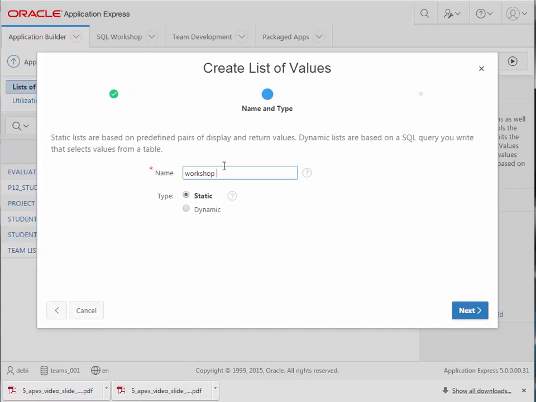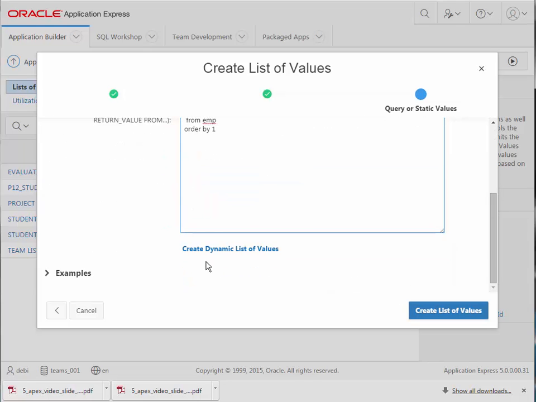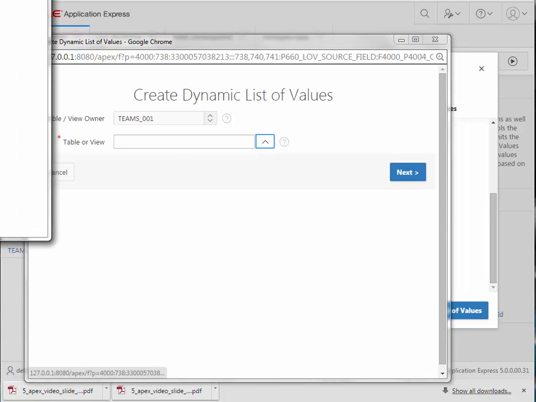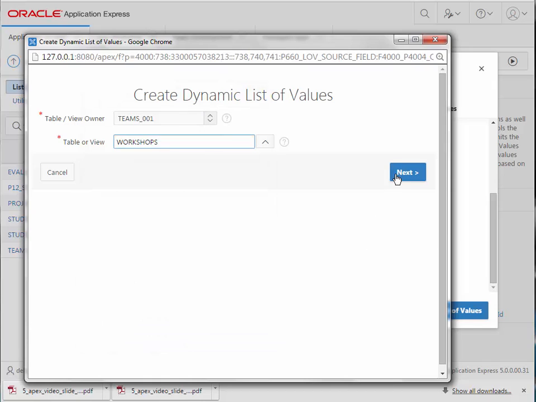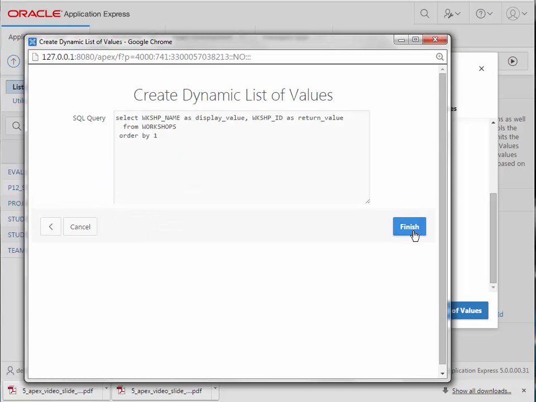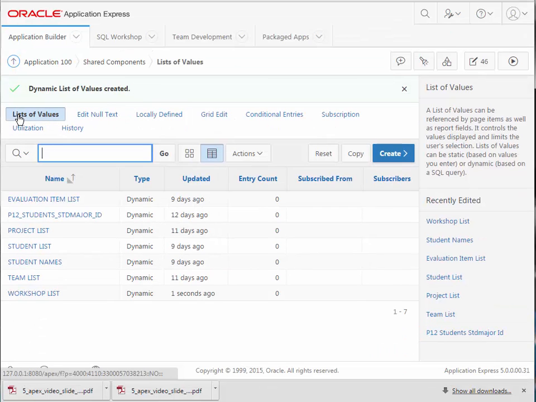Workshop list dynamic. I'll use the wizard. Working with workshops. My display column will be the workshop name. My return value will be workshop ID. And now I have that. So I go back to my application,